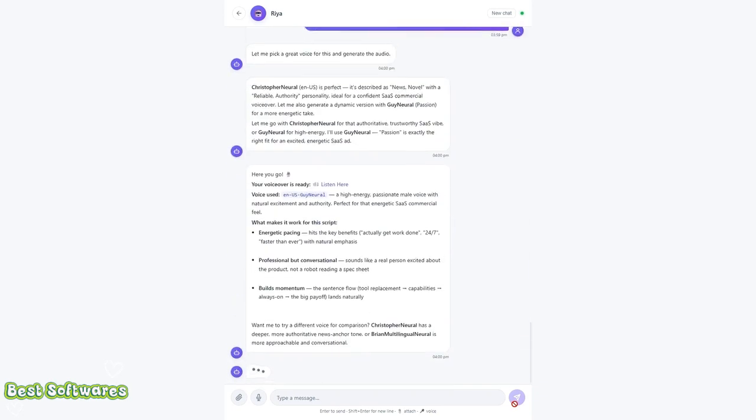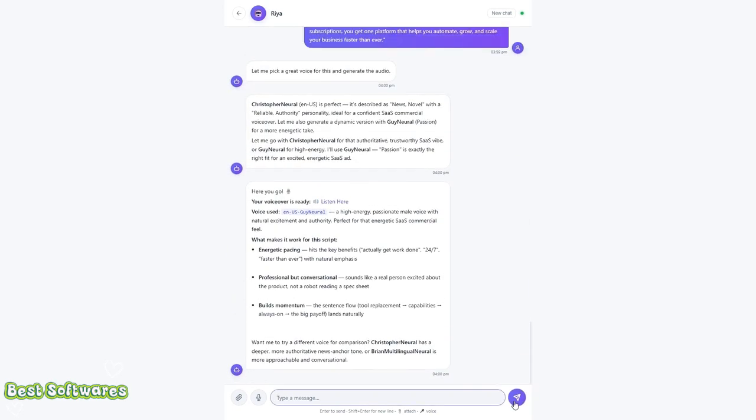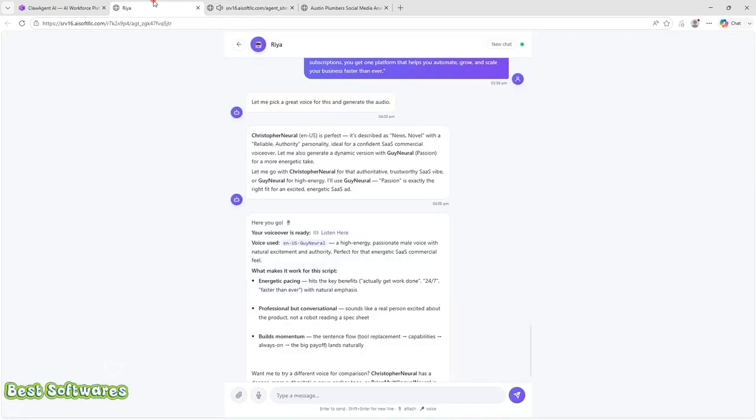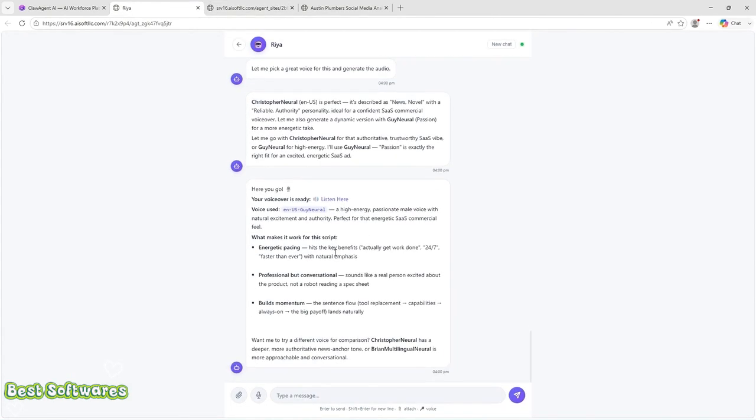Then she generates it. Here you go, she says. Your voiceover is ready. Listen here. Claw Agent AI is an all-in-one AI workforce that replaces dozens of business tools with intelligent AI agents that actually get work done. From creating content and websites to finding leads, sending emails, generating images,